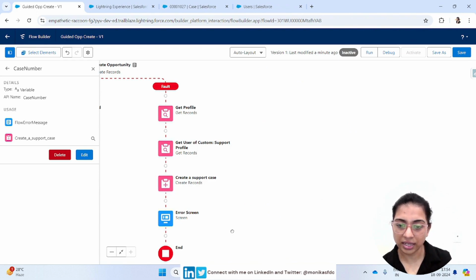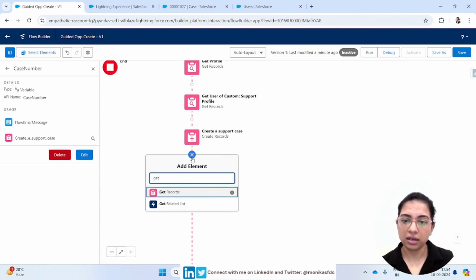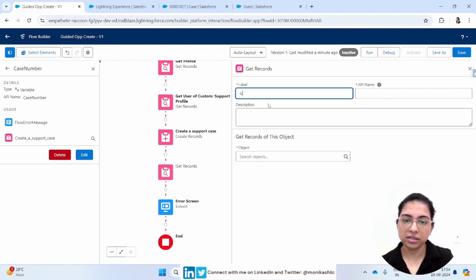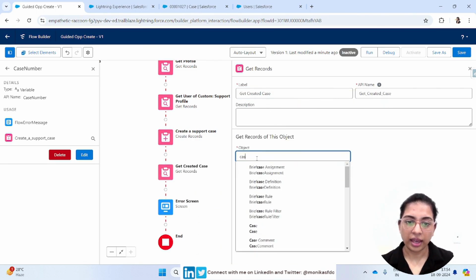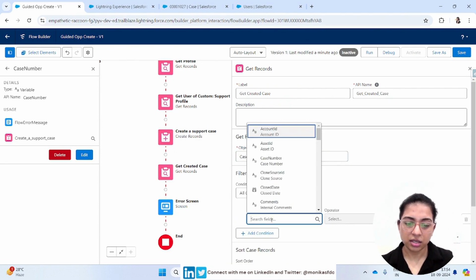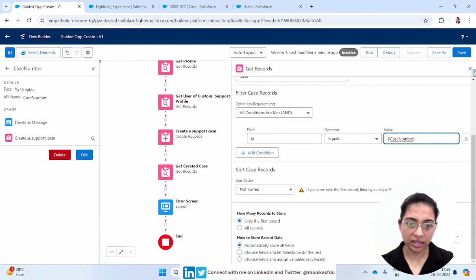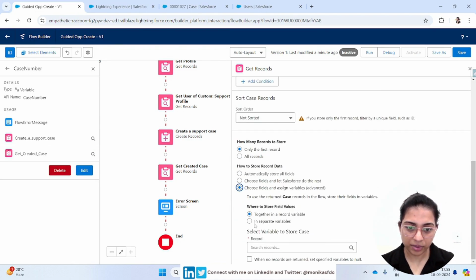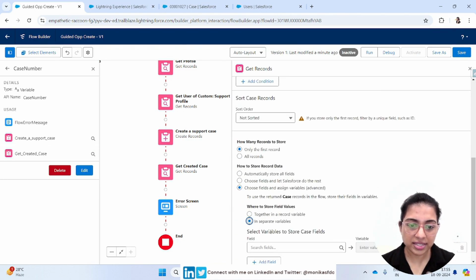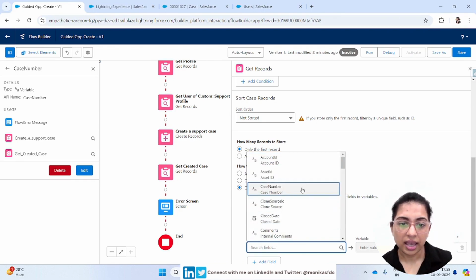We have the case ID. Get record element, get created case, and from case we will search where case ID equals to the case number variable. Okay, now we have all the details of that case, but we don't want all the information. We just want that case number. Let's just select this option, choose fields and assign variables. Option which says individual separate variables, and